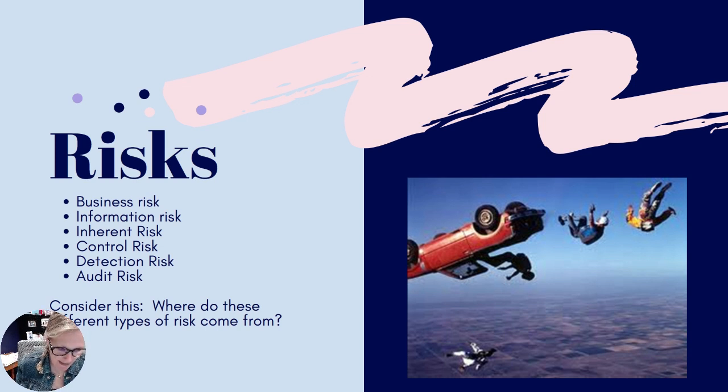The next type of risk is inherent risk. Inherent risk is the probability that without an internal control, we might have errors or frauds that could enter our accounting system and be used to create those financial statements. So this is very, very broad. This could come from our employees, from the environment that we work in, from our industry, or from the different systems that we use. This is very, very broad.